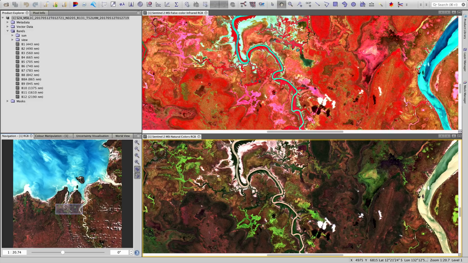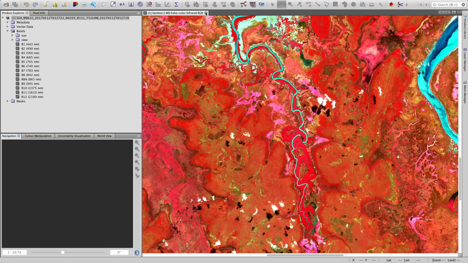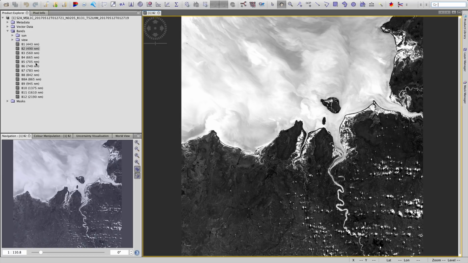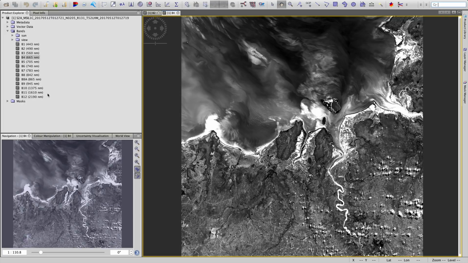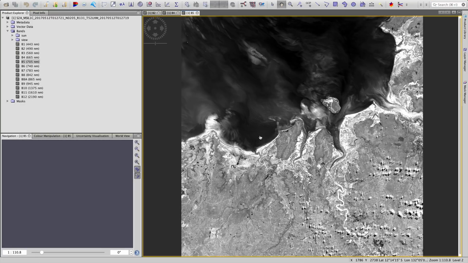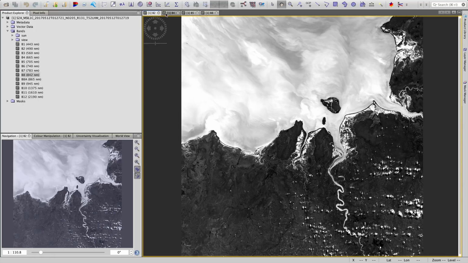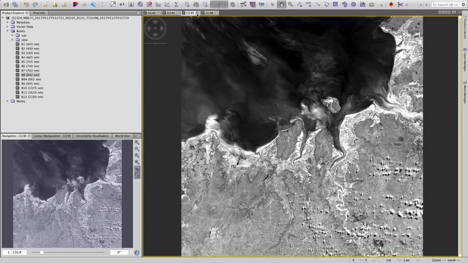What I'm going to do now is close these two scenes, and I'd like to look at a few features in isolation. So for instance, let's start by bringing up band 2, open image window. Here we have it. Let's open band 4. Let's go to band 5. And band 8. So now you can see we've got these 4 images open, moving from a narrower wavelength, stepping through to longer